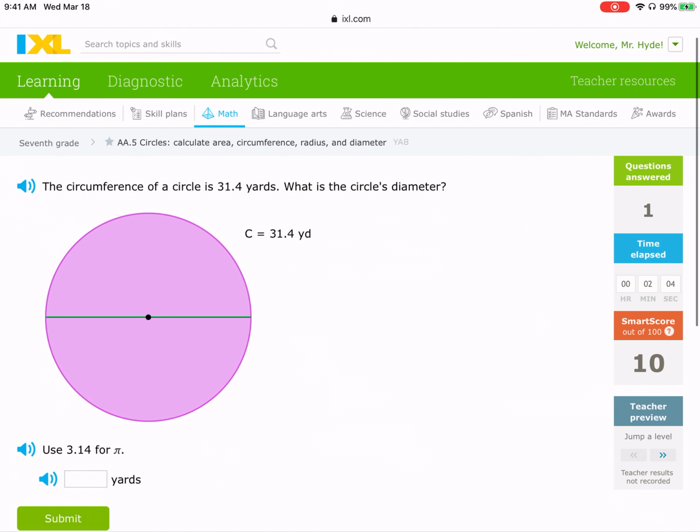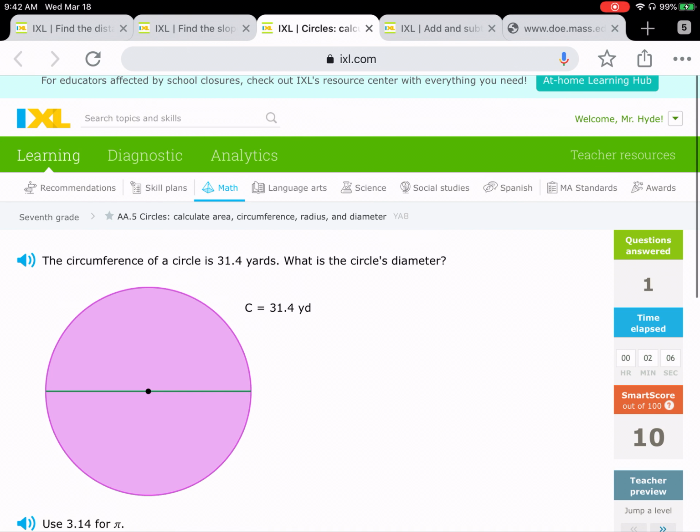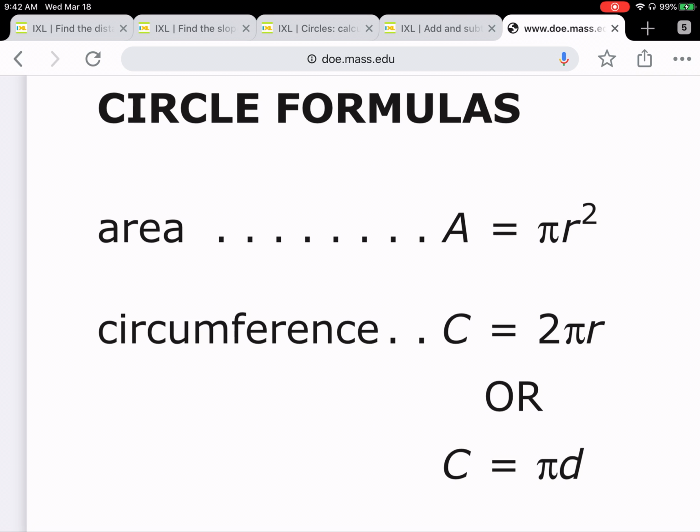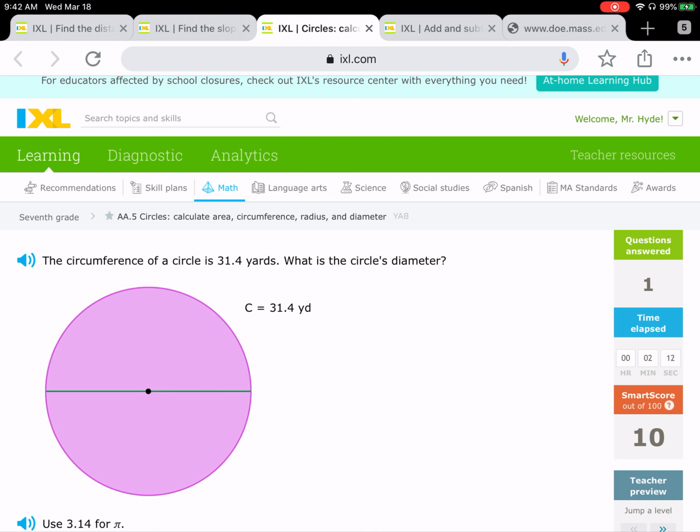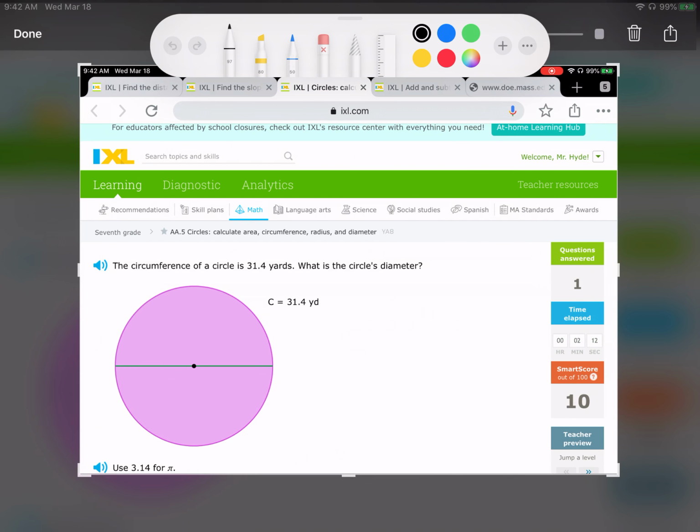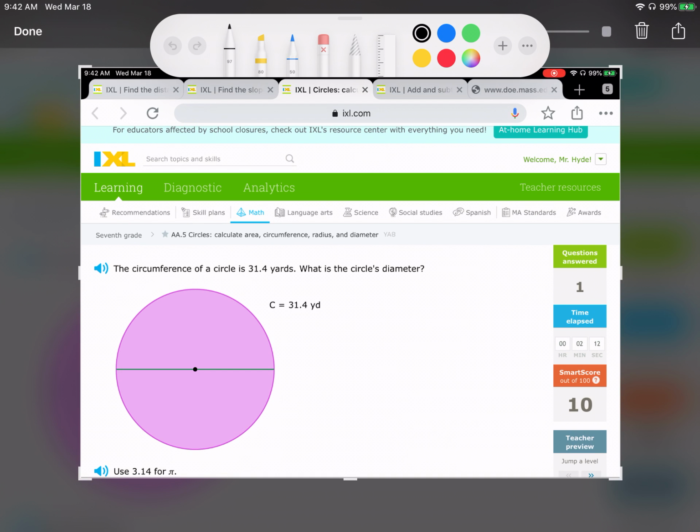Next problem, again circumference, again diameter. So I'm going to use that same formula on the bottom, C equals pi d. Very similar. Circumference equals pi d. Notice every time I'm starting off with the formula, writing that formula down. Now the circumference, they give it to me right here. So C is 31.4. I'm going to start with 31.4